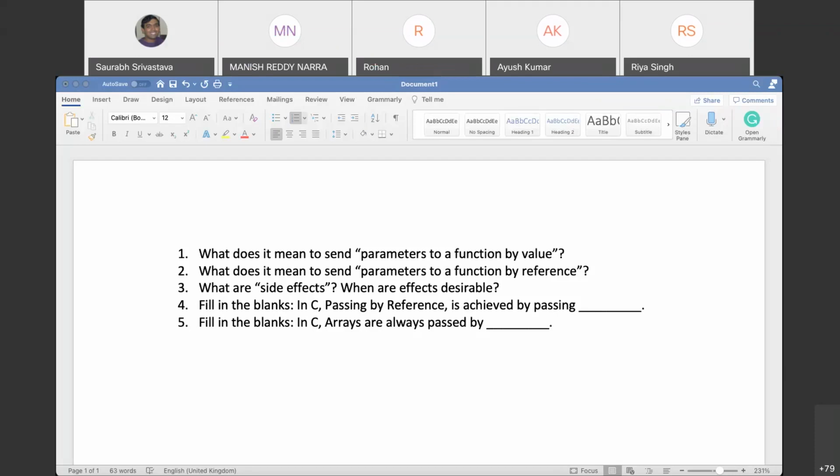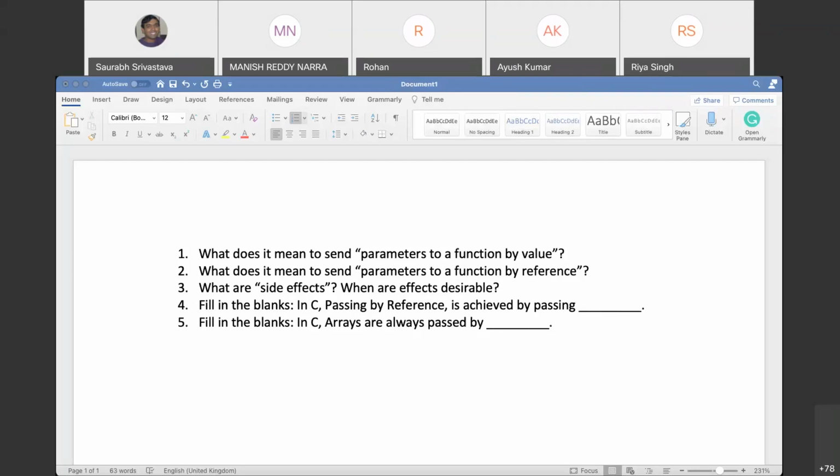In C, passing by reference is achieved by passing the memory address of our actual parameters into the formal parameters. So in call by reference, when we define the function, we create pointer variables which store the addresses of our actual parameters.